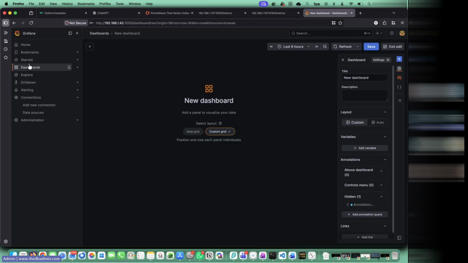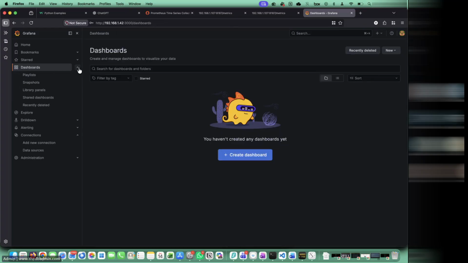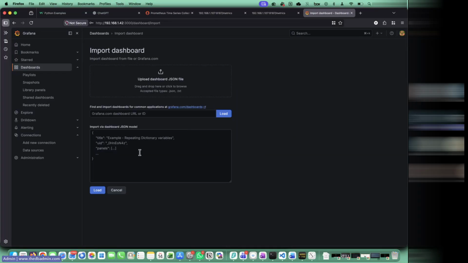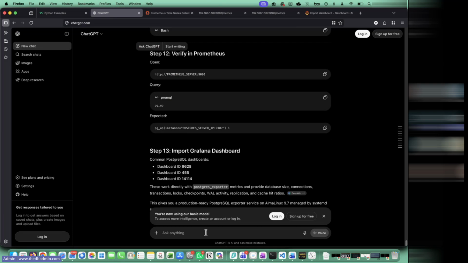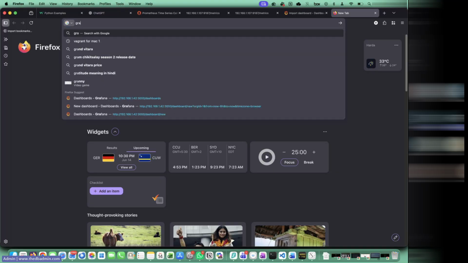Where is the dashboard? New import. So here you will come and simply either you can use ChatGPT to get the dashboard ID, or you can go to Grafana